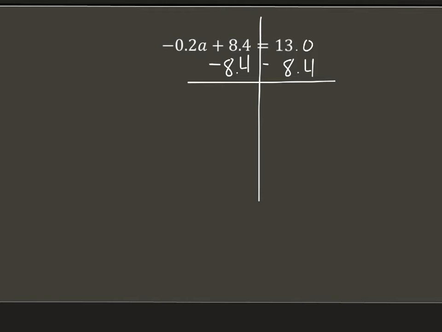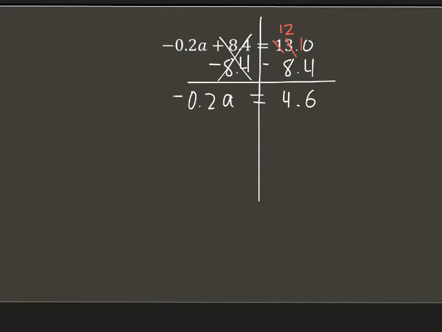Unfortunately, I can't do 0 minus 4, so I need to borrow from that 3, make that a 2. So it becomes a 10. Now 10 minus 4 I can do to get 6. 2 minus 8 I cannot do. I need to borrow from my 1 to make it a 12. So 12 minus 8 would give me 4. 0 minus 0 is 0. So drop our decimal straight down. And then on the left-hand side, we're just left with negative